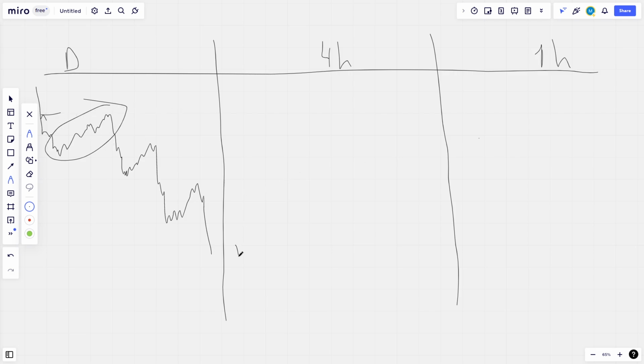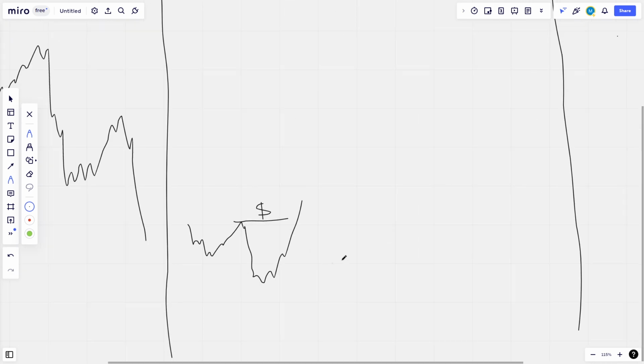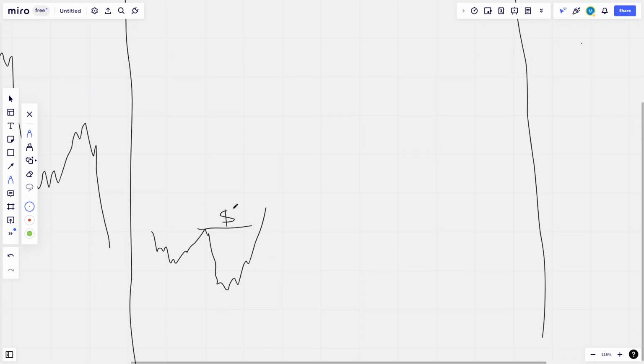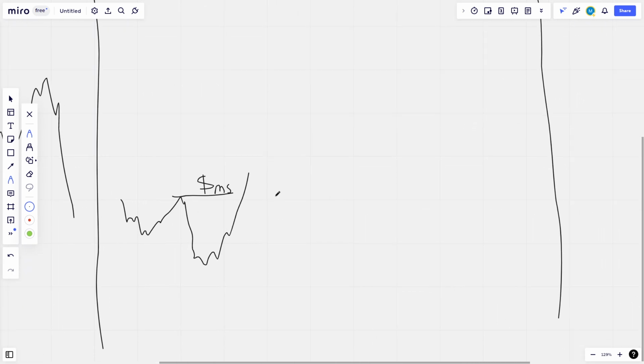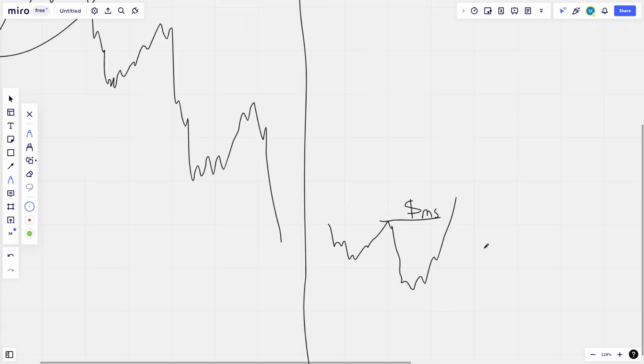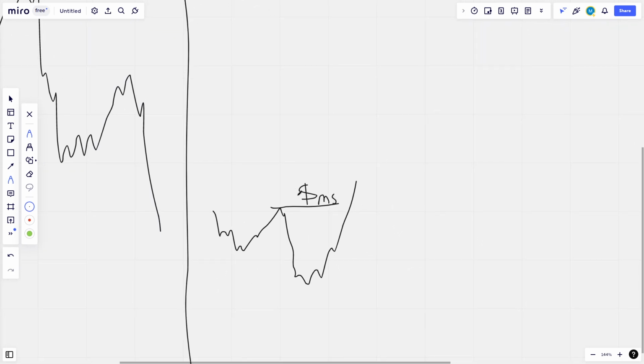The 4-hour was going lower, and out of nowhere, this happens. This is both a run on liquidity, let me zoom in, a run on liquidity, but a market shift as well, right? So it will always depend on the context. Yeah, I should have done it differently, we'll change that structure later. So what's going to happen now? Now we have the opportunity to say prices may be going lower or maybe going higher. So ideally, due to this trend, mostly, we're going to be lower. We're going to believe that this is just a run on liquidity to now continue going lower.